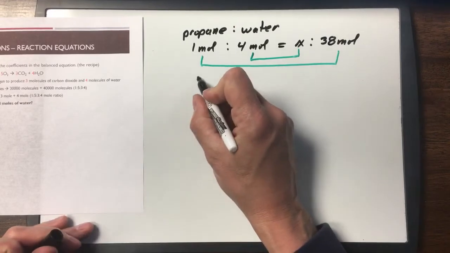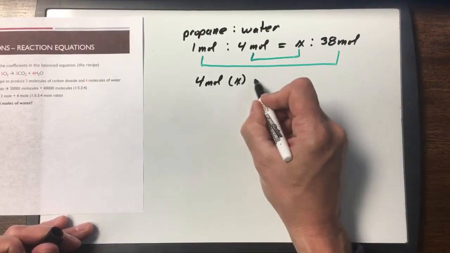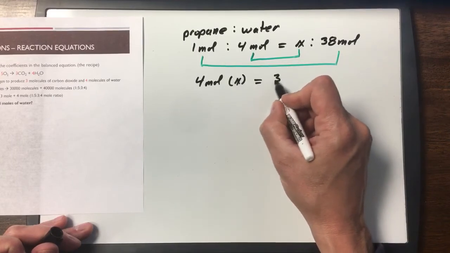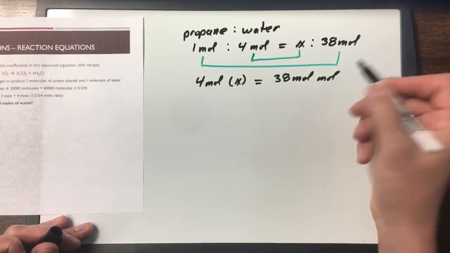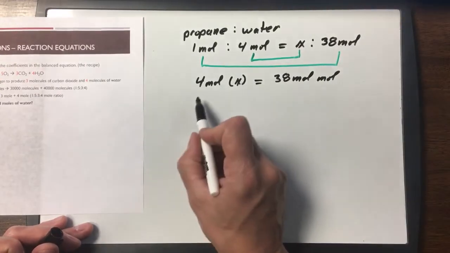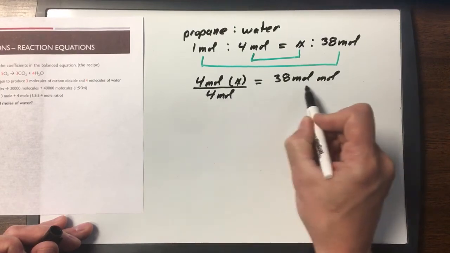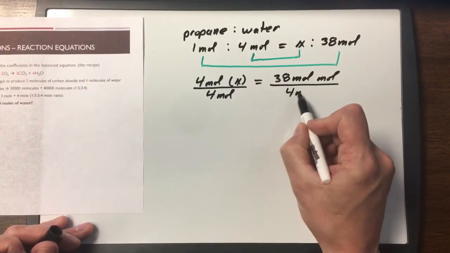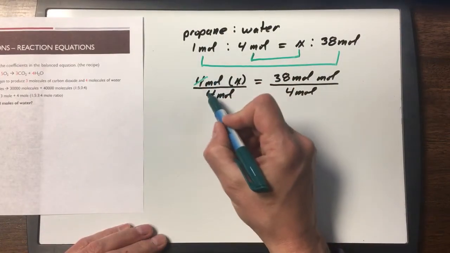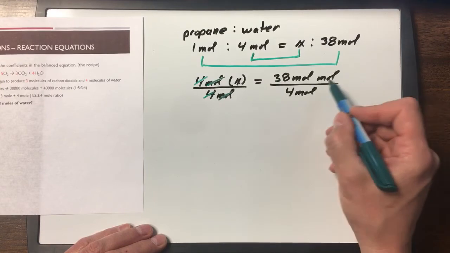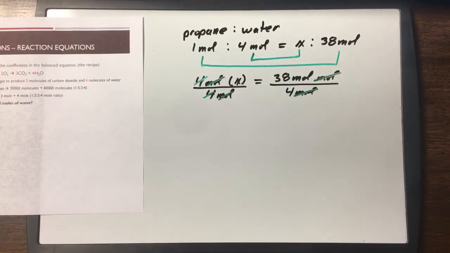So we're going to get 4 moles times X is equal to 38 moles squared. To solve for X, we're going to isolate, so we're going to divide both sides by 4 moles. What this is going to do, obviously the 4s will cancel, the moles will cancel on this side, and one of the mole units will cancel, which gives us our final unit for